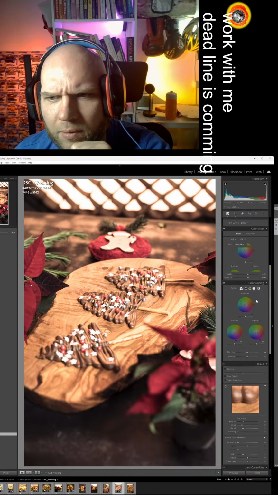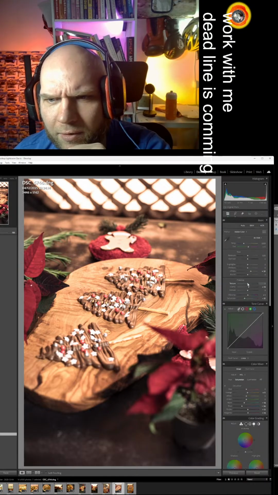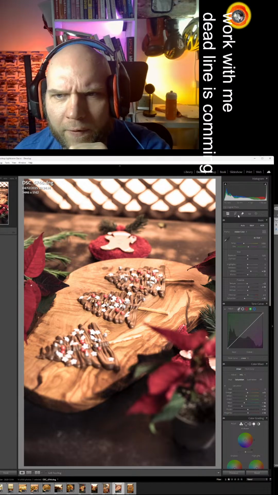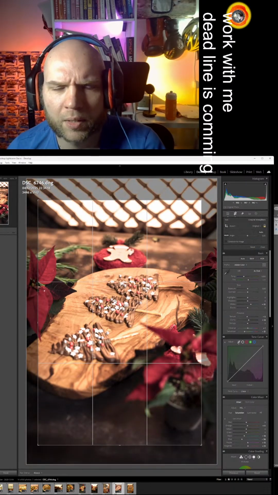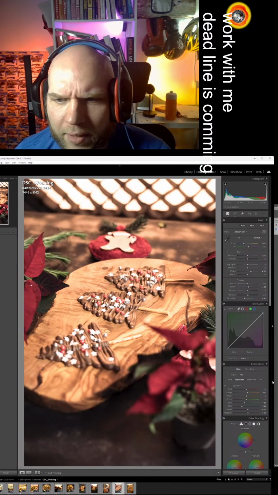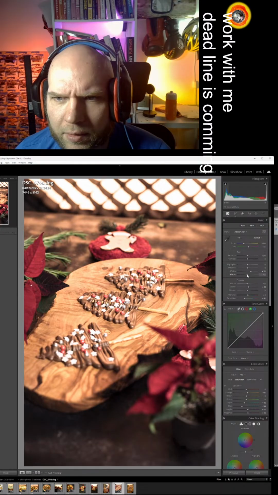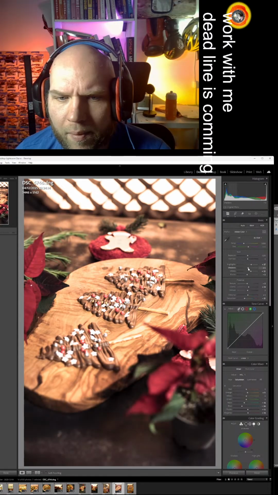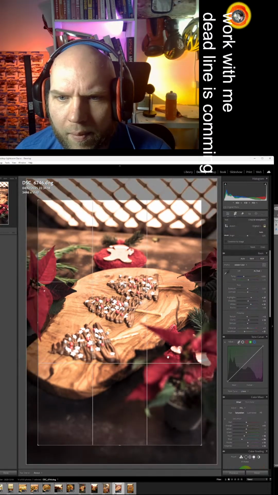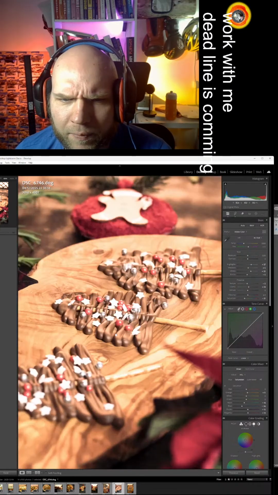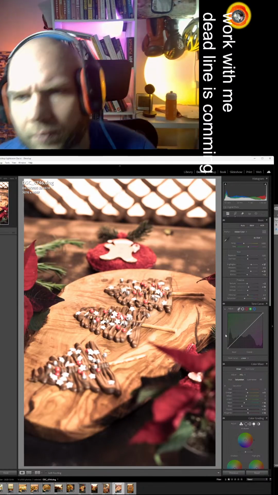That's also good. I see that we have a lot of texture or whatever. Crop that nicely, yes. Crop a little bit more. That's also better.